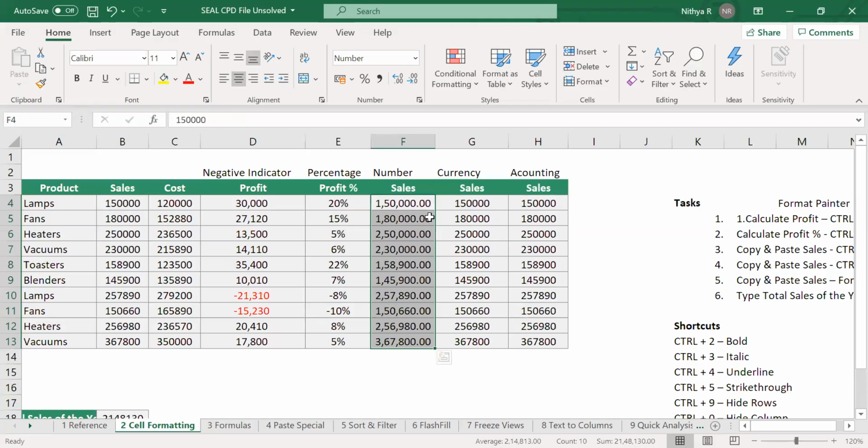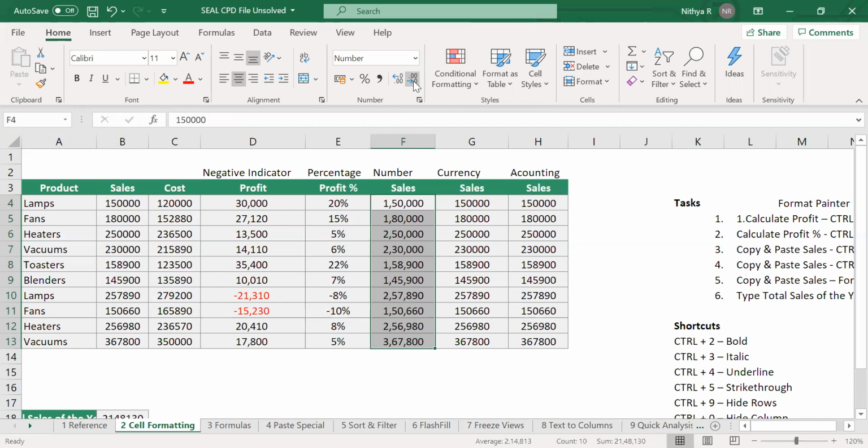My data is converted into number format. You can see it here. This is the number format, the cell formatting area. You can see my data is converted to number format with 1000 separator and 2 decimal places. If you want to reduce the decimal places, you can adjust the tabs here. You can increase or decrease decimal places using the